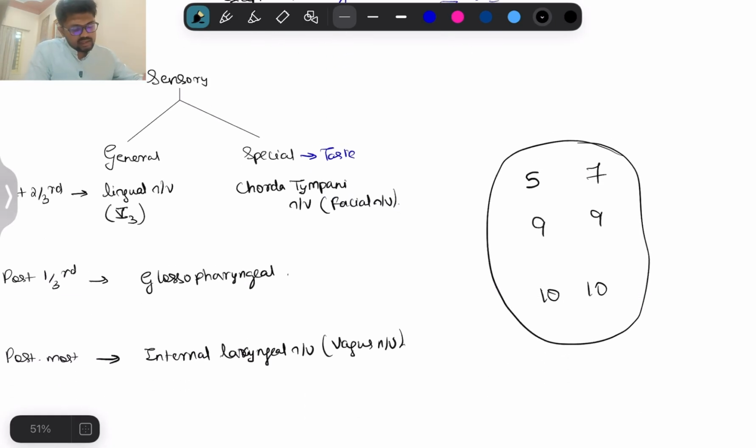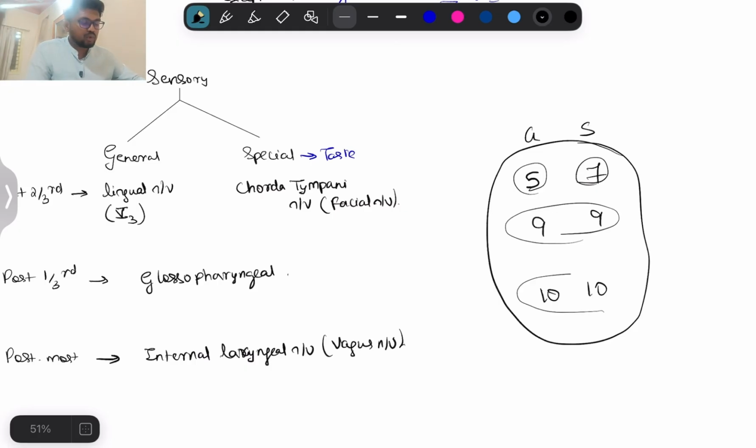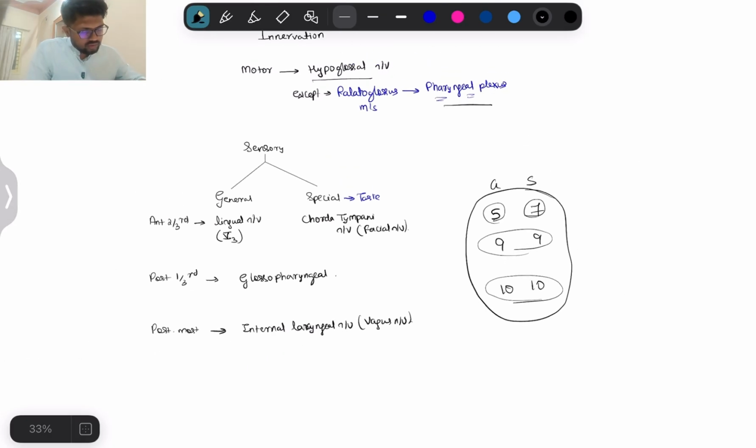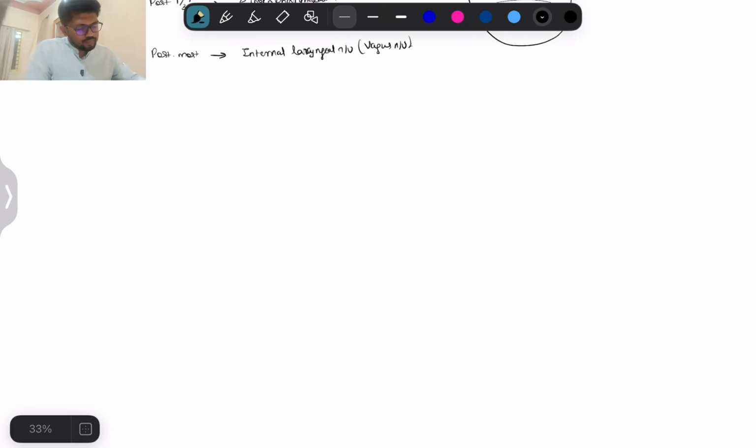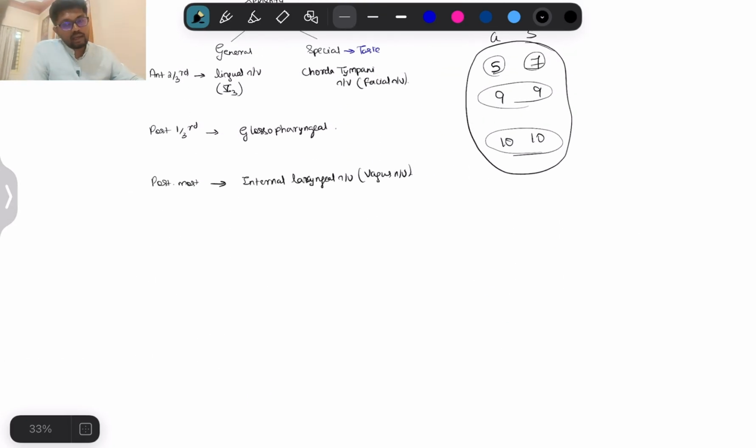General sensation is by 5, the lingual nerve, and special by 7, the chorda tympani. The posterior 1/3 is supplied by the glossopharyngeal nerve, and the posterior most by the internal laryngeal nerve, that is the vagus nerve. In this way we have completed the lymphatic drainage and the nerve supply to the tongue. In the next video we will discuss the development part of the